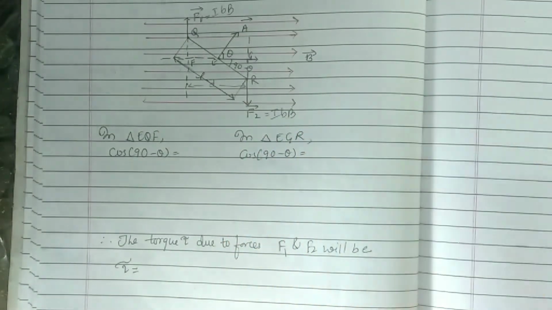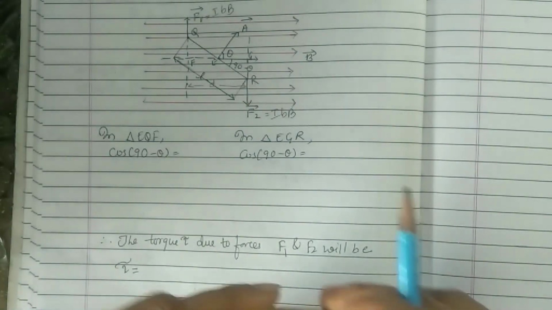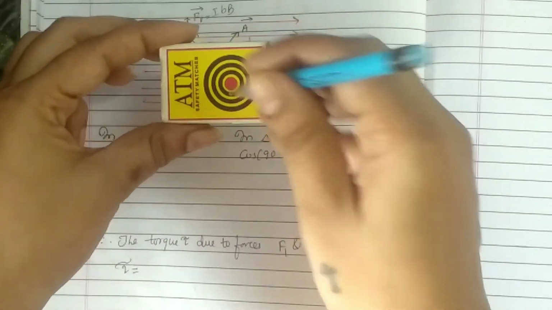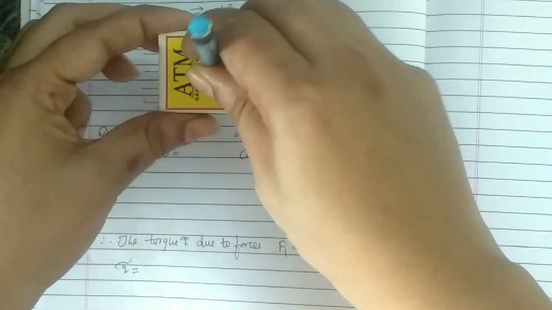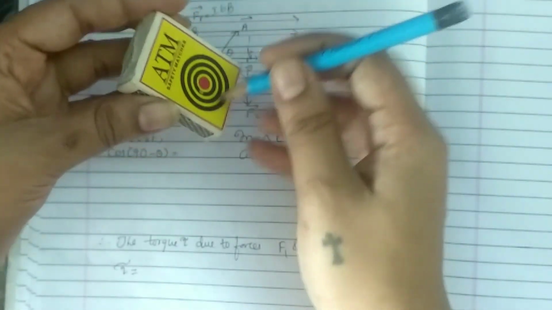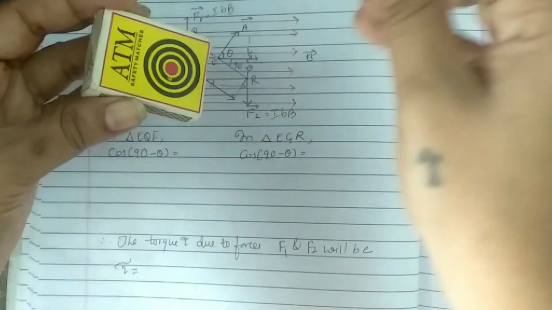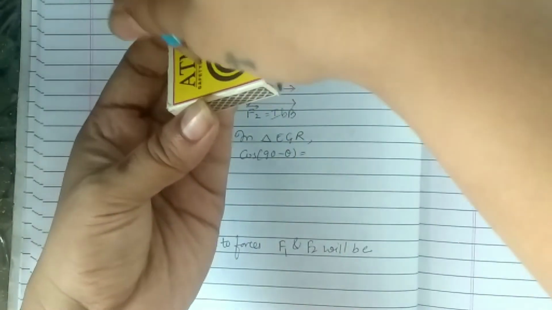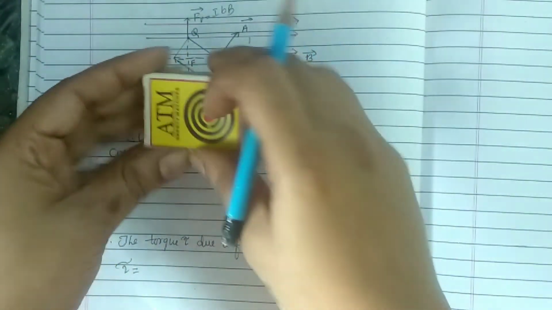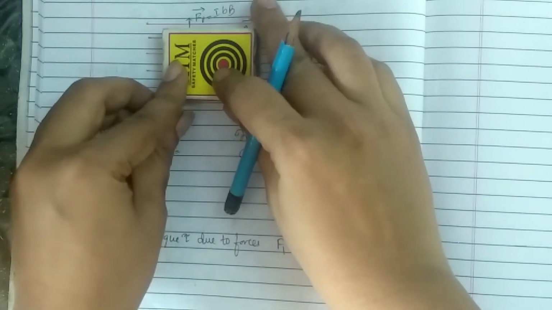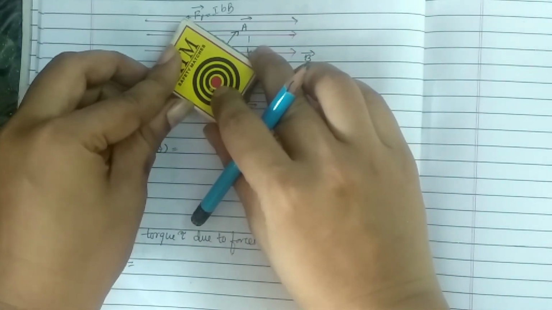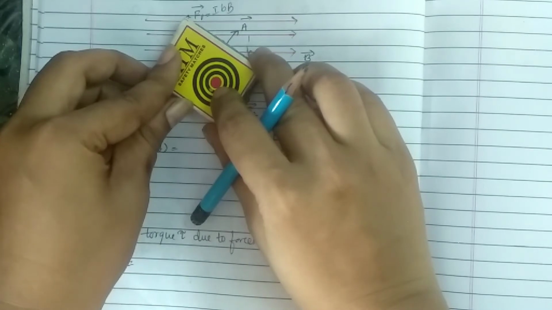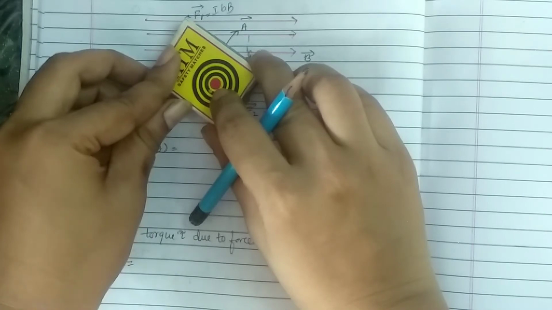Now how to decide the area vector of any object? I already taught you, if this is the object you are taking, the area vector is always perpendicular to this. If the object is like this, then the area vector is like this. Means the area vector is always perpendicular to that surface. So if the object is like this, then the area vector also comes like this. Now the coil was like this. Now we rotated the coil such that it makes some angle theta with the magnetic field.